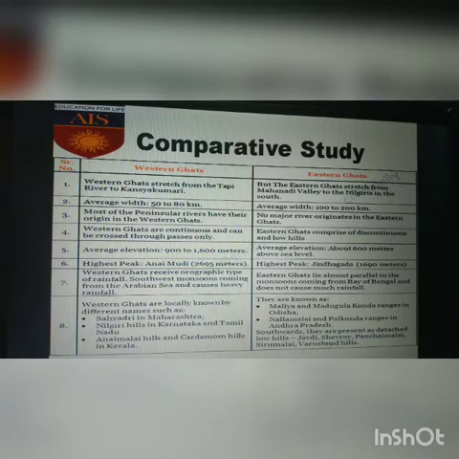Western Ghats receive orographic type of rainfall, the southwest monsoon coming from the Arabian Sea causes heavy rainfall, whereas Eastern Ghats lie almost parallel to the monsoon coming from the Bay of Bengal and do not cause much rainfall. It causes a little bit of winter rainfall, that is also in parts of Tamil Nadu.